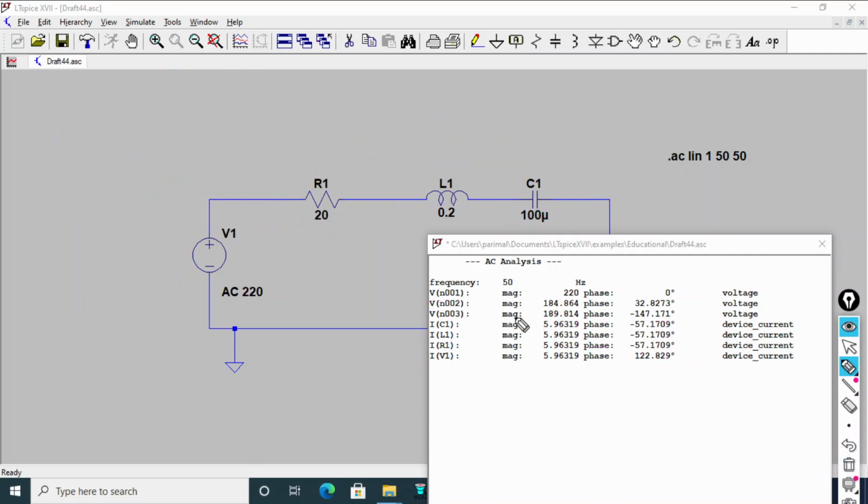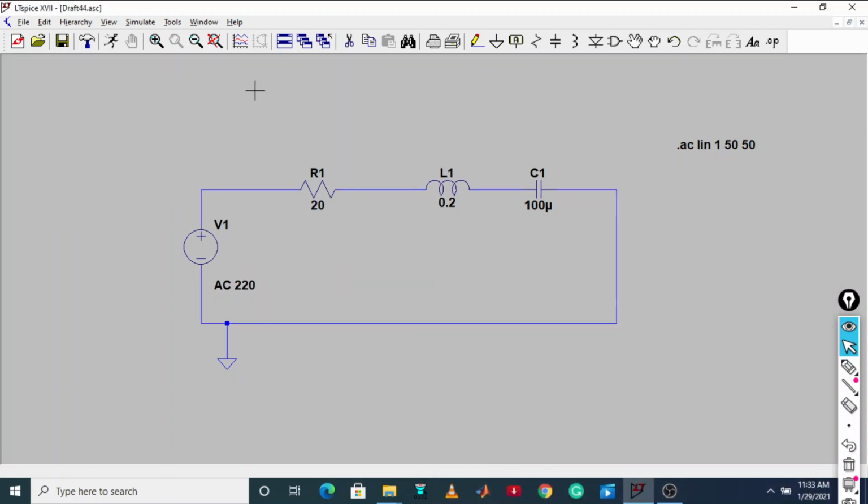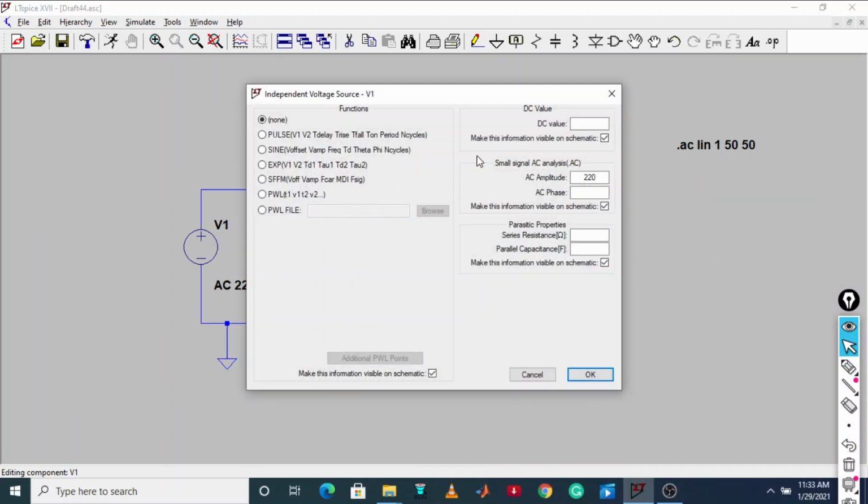Now this is the AC analysis we have done, but we want to calculate the voltage across this one and the voltage across this one. We can do it here also, but we are going to simulate by giving the current. Now cut it. Now remove this AC amplitude. Now we give the exact curve: it is around 220 volt and frequency of 50 Hertz. This is what we have given.